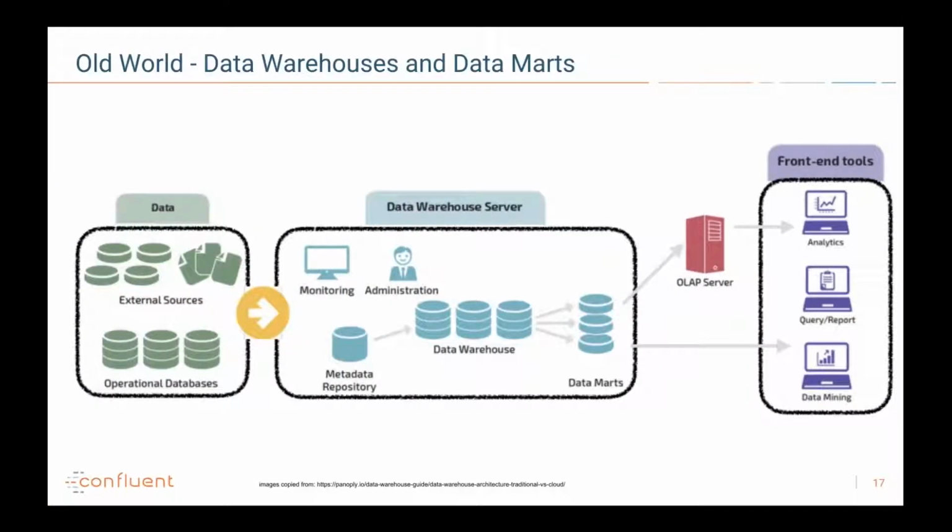So we're going to go back in time a little bit, before the idea of streams was a glimmer in Jay Kreps' eye. This is back in the 80s, the world of mullets and large bangs, when somebody had a relational database out there that was taking in data and saying, maybe we should do something with this data. And at that point, data warehousing was born.